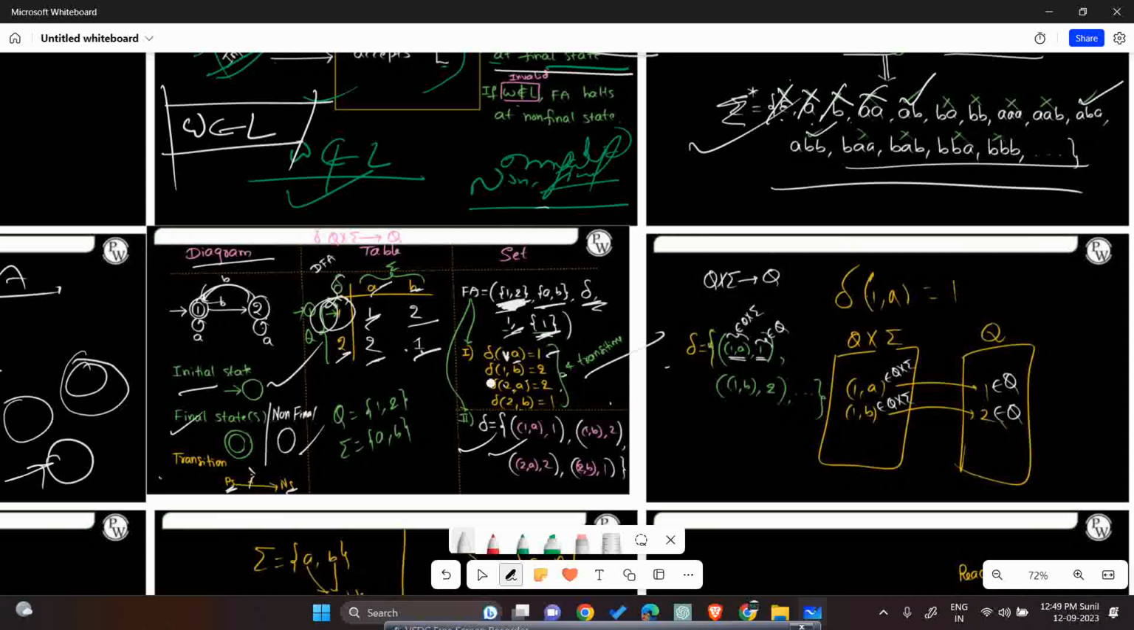So the question is: Q asterisk epsilon belongs to Q. So delta,